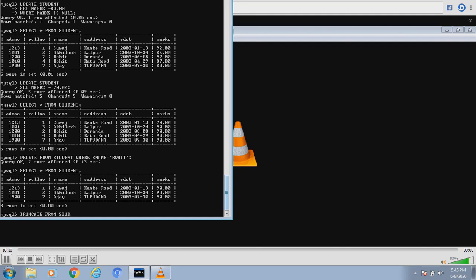But I will not use this now. You can use it for your experiment. If you use the truncate command, you will see that everything has been deleted. I will not use it here because I have to do many more things and show you many more things. So students, you learnt about the delete command, the truncate command, the update command, and today you learned about two new ways of using not.